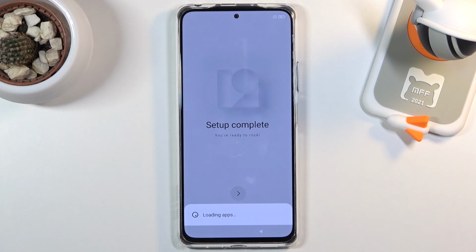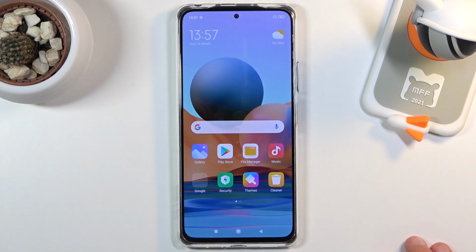Now I believe it will start loading apps for a little bit, so just give it a moment. Okay, there we go. So that is how you can go through the setup of this phone,